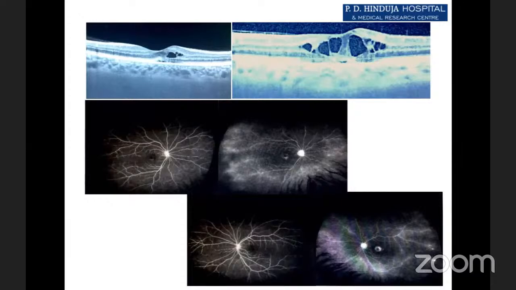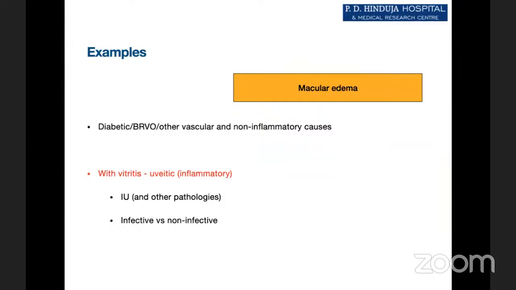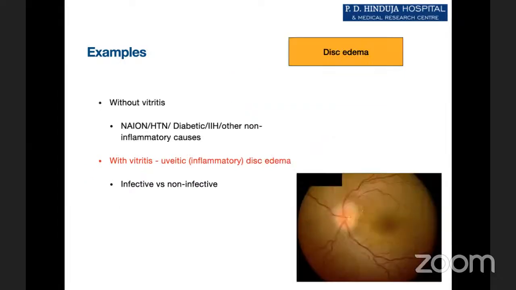bilateral macular edema can be a cause of uveitis, with some presence of vitreous cells. A diabetic or a retinal occlusion or any other non-inflammatory cause can also cause macular edema, but vitritis will point towards a uveitic or an inflammatory pathology. Similarly, disc edema without vitritis, whether unilateral or bilateral, can have a number of causes, like non-arteritic ischemic optic neuropathy, hypertensive or diabetic causes, or others. And with vitritis, it is